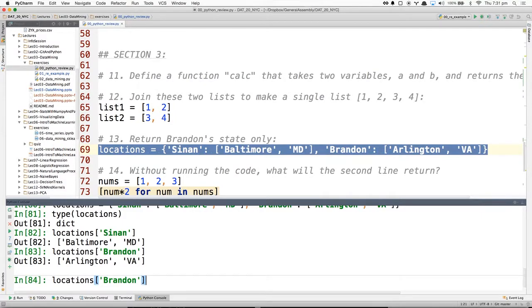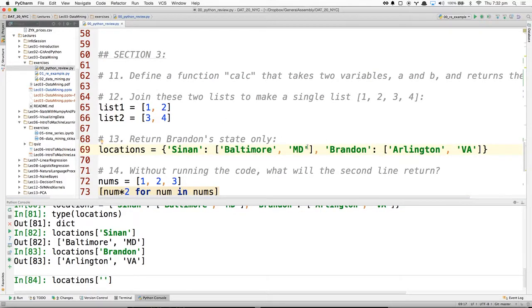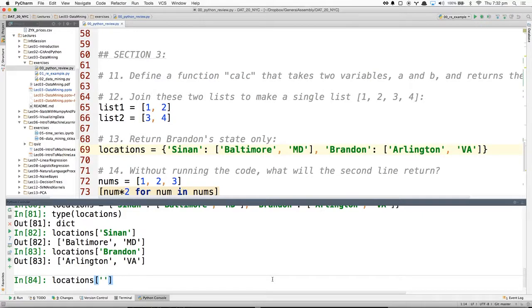What if I do locations of, or what if I do this? This dictionary has a nice, consistent schema, where it's person, location, but I could break that paradigm.